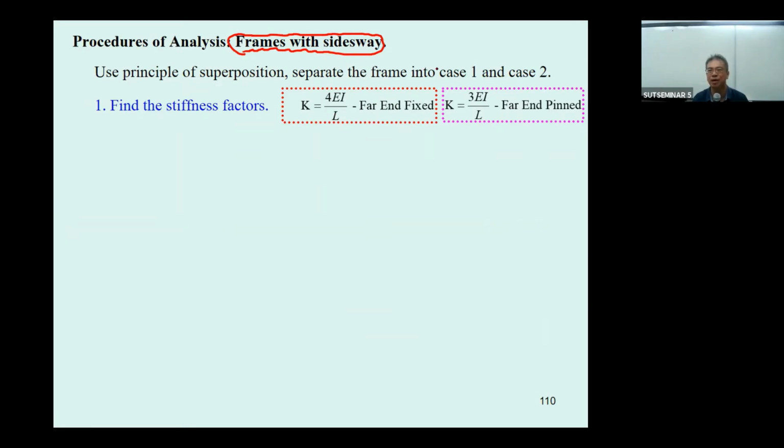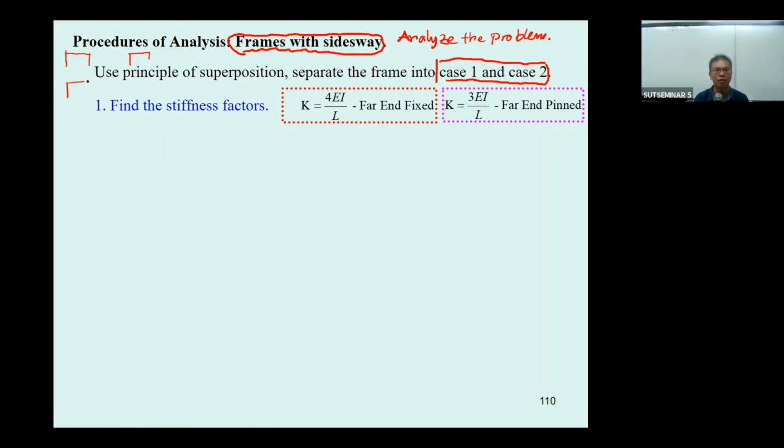Before you can separate the frame into 2 cases, you got to analyze the problem, because your problem can be this one, can be this one, and the support